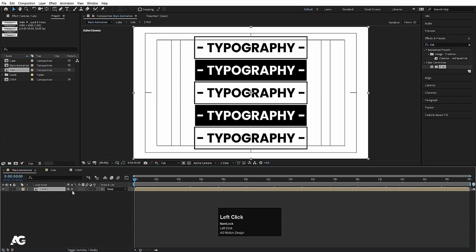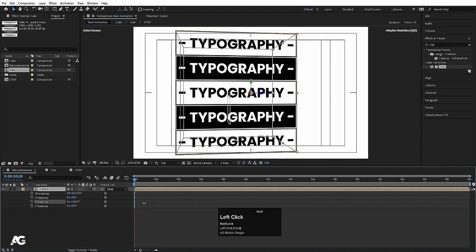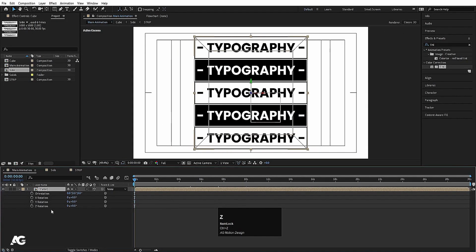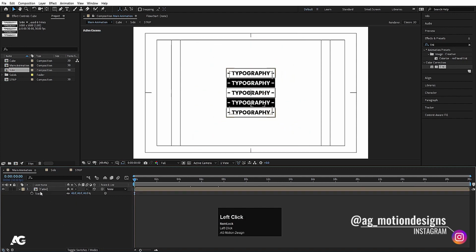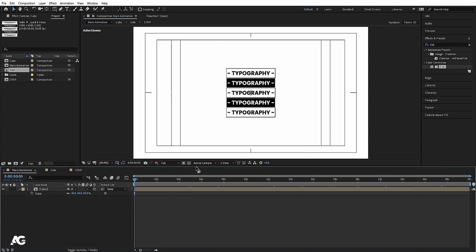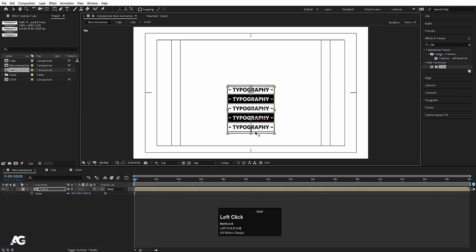I'll enable this option first and I'll convert this into 3D. Now I'll select this cube, I'll press R for rotation. As you can see, if I rotate it, you get something like that. Now I'll select this cube, I'll press S for scaling and scale it like this. Now we will go to the top view. I'll move this over here,